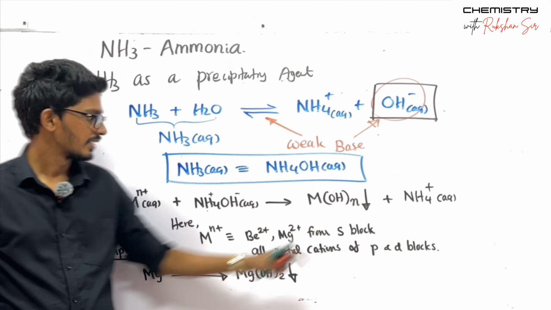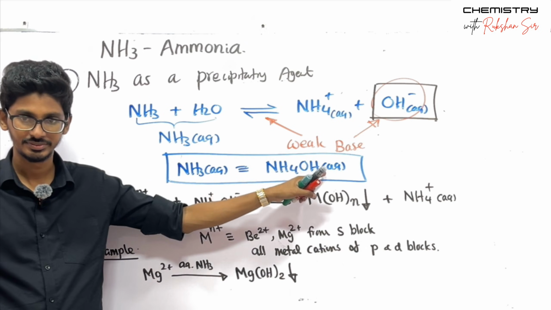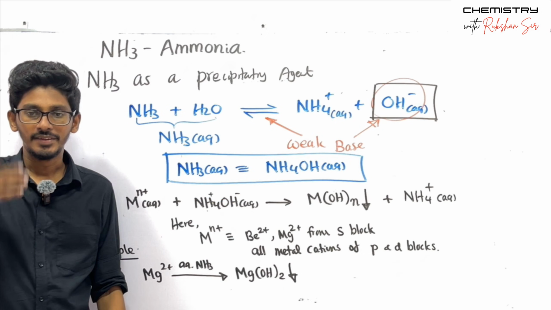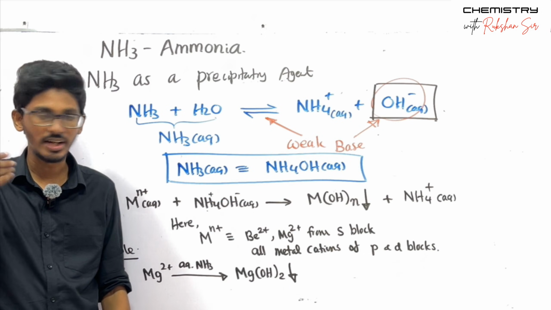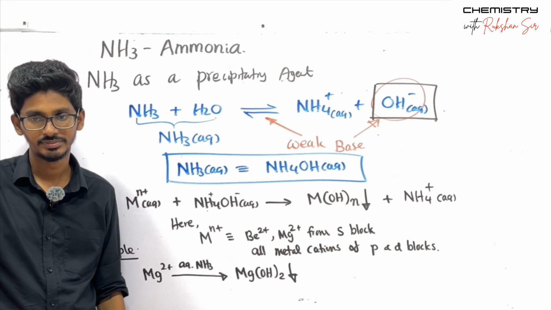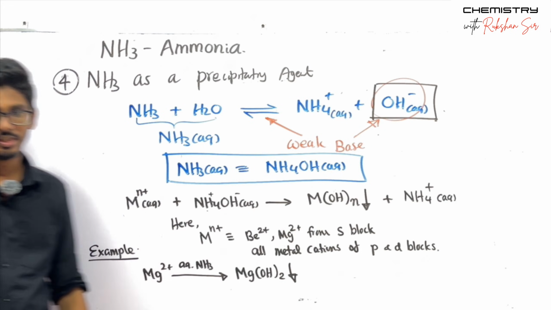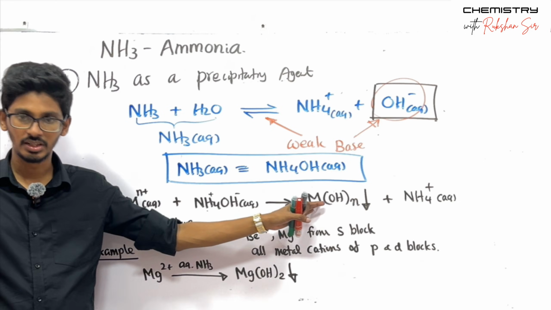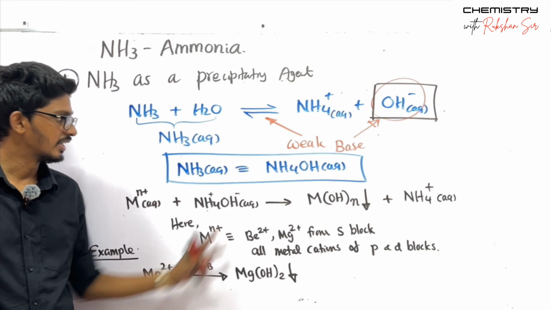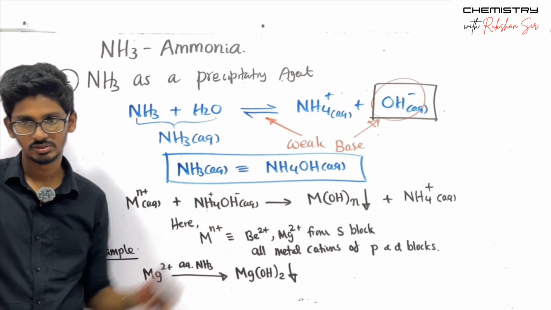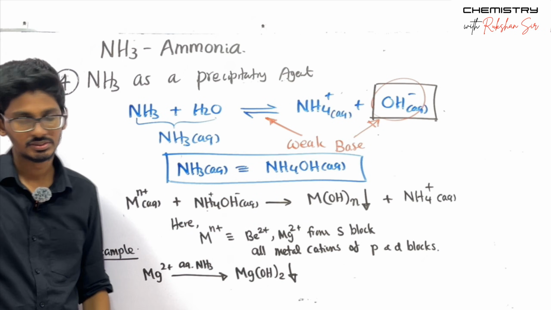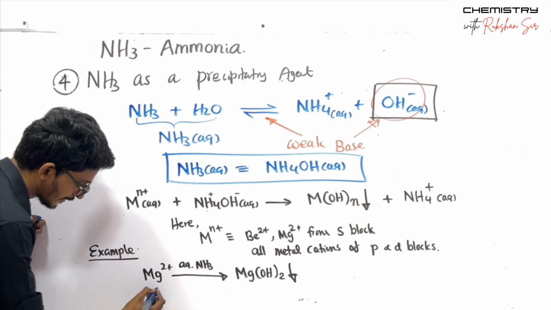Remember that aqueous ammonia is equal to NH4OH. When you are supposed to come up with hydroxide precipitates in balanced chemical equations, you have to write the aqueous ammonia as NH4OH. Remember that, right? Both are the same, right? So you have to come up with the correct form for the correct product, right? So we can write this reaction like